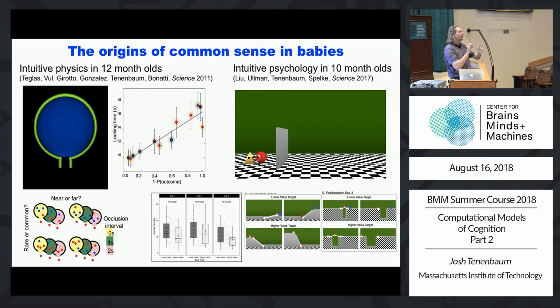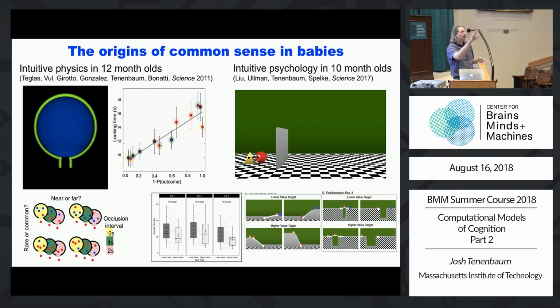So they basically always take less costly actions and decline more costly ones, but they're graded in terms of what's faced. So the walls can vary in height, and they see choices of different wall heights. They also vary other physical parameters, like sometimes the costly action is sliding up a steep ramp versus a shallow ramp. Other times it's jumping over a gap that's narrow or broad. And it doesn't matter which of those it is, but in each case, the underlying commonality is that there's a more physically costly action in the sense of work done, like literally integral of force exerted over a path. That's a metric that picks out all these cases.